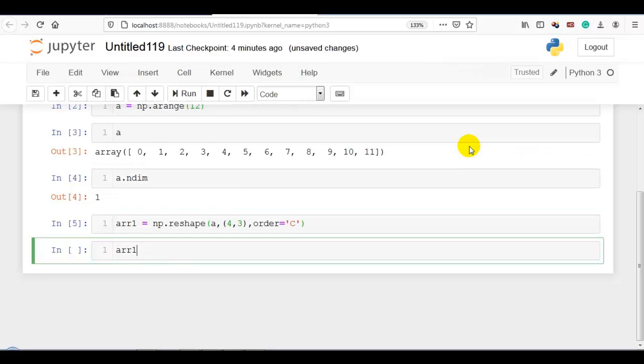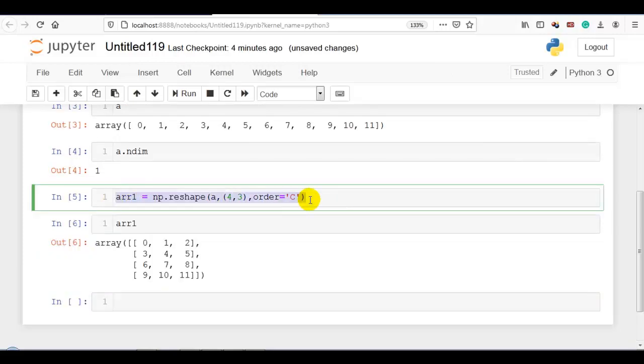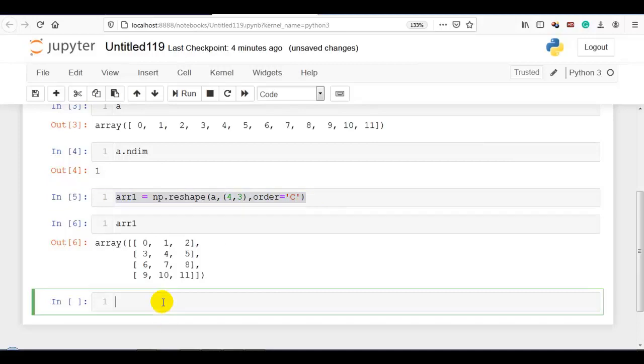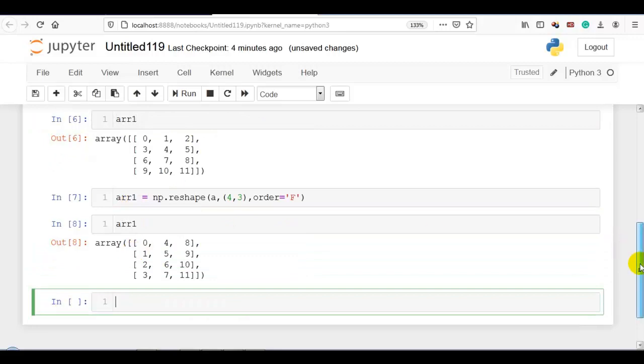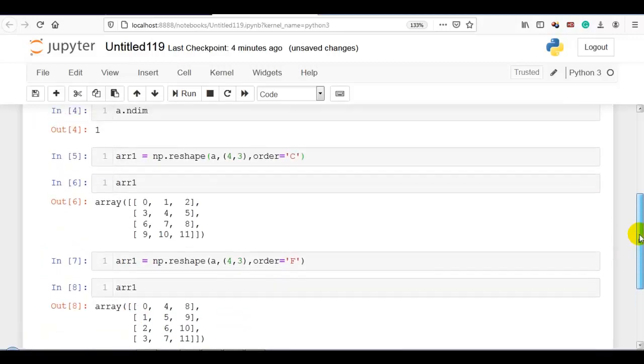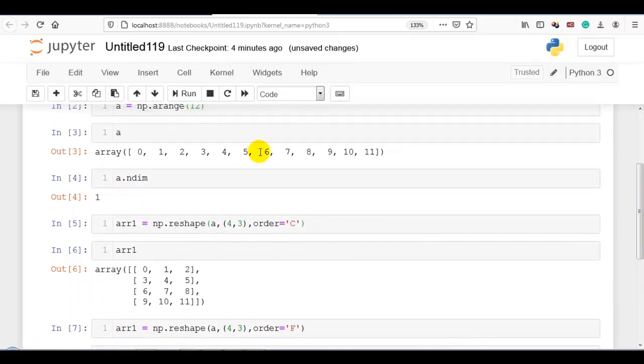Now you can see array1. Now let me copy this and paste it, just to show you order F. Now you can easily understand the difference between order C and order F. Here you can see A: 0, 1, 2, 3, 4, 5, 6, 7, 8, 9, 10 and 11.